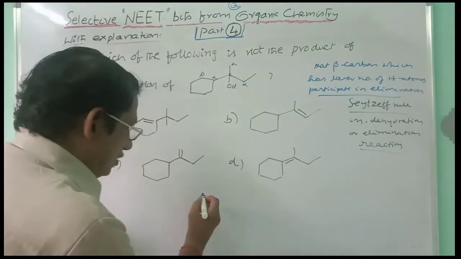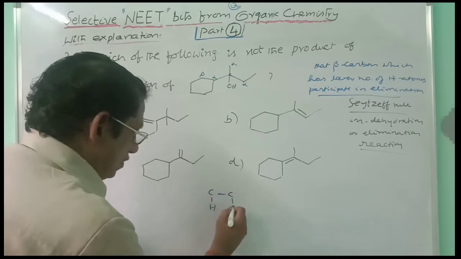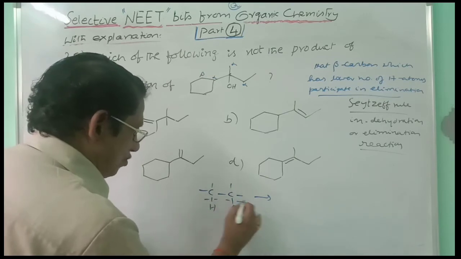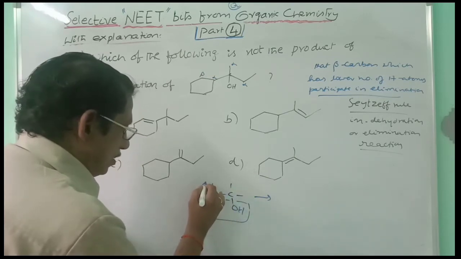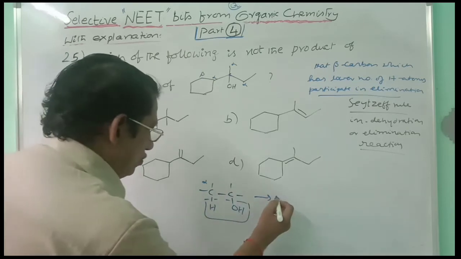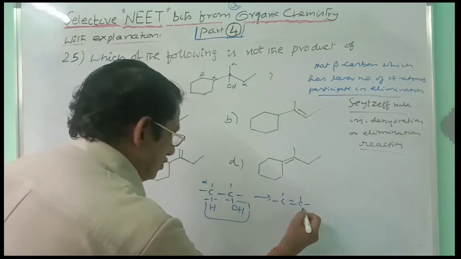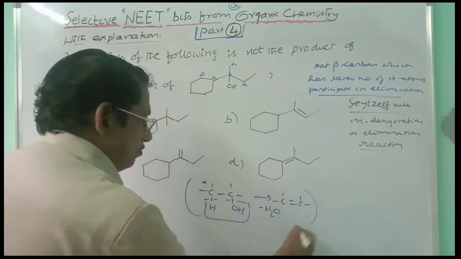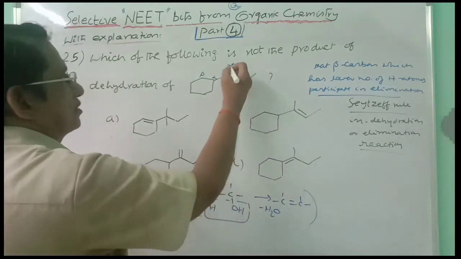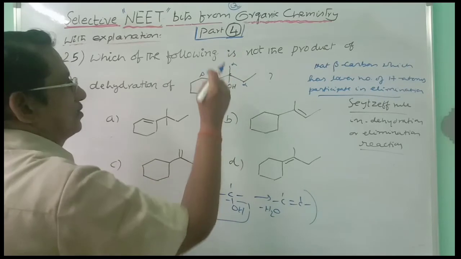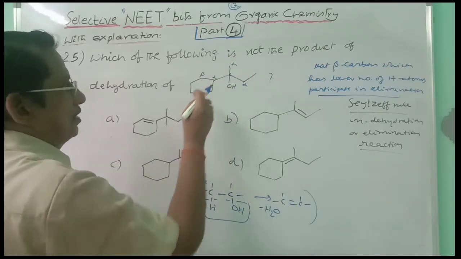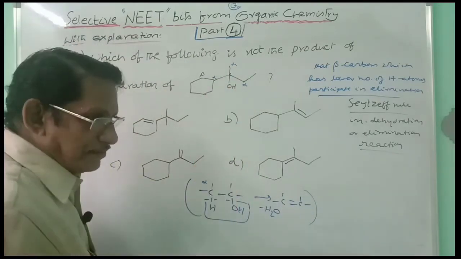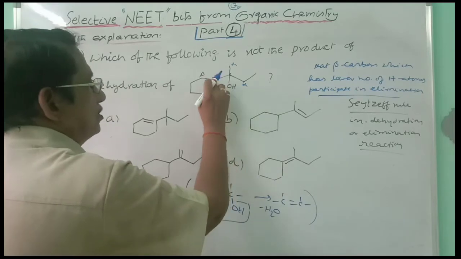So here you can take C-H-C-OH. In the elimination reaction, this is the elimination part. This is the alpha carbon, alpha hydrogen, and so it will be converted into C double bond C like this. H2O is removed. This is the elimination reaction. This you have to imagine. And so here, this carbon is CH3, carrying 3 hydrogens. This is carrying 2 hydrogens. This is carrying 1, 2, 3. Fourth valence is hydrogen. So all these 3 alpha carbons are having hydrogens. And along with the OH group, these hydrogens can be removed.